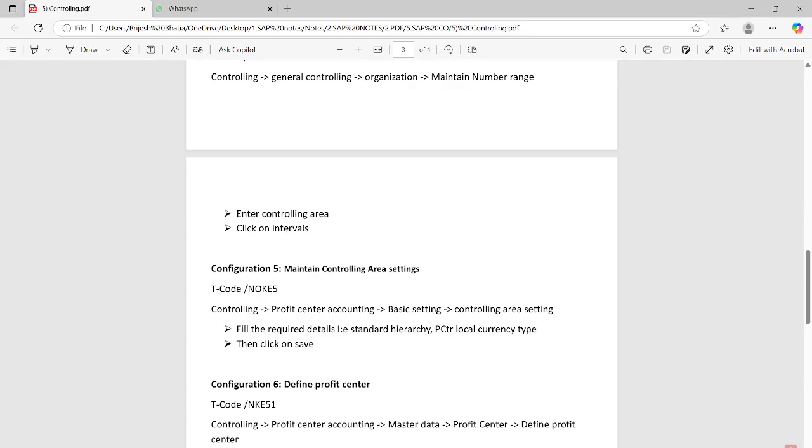Not the currency. So here we'll have the different types, not the specific 10, but others as well. So for that we go to controlling, profit center accounting, basic settings.